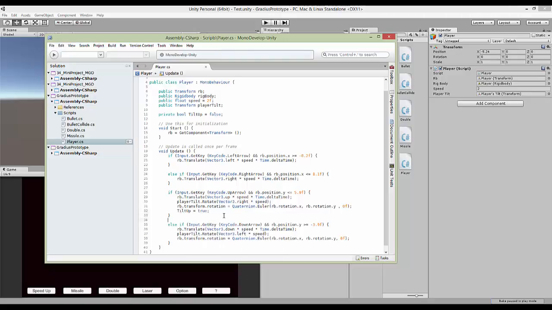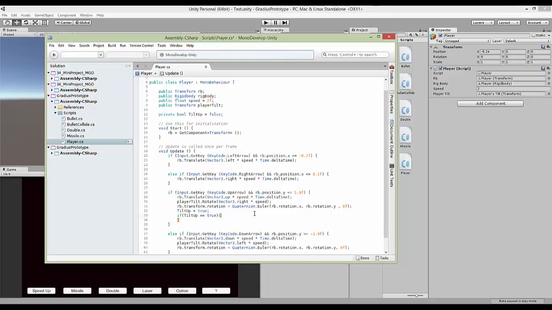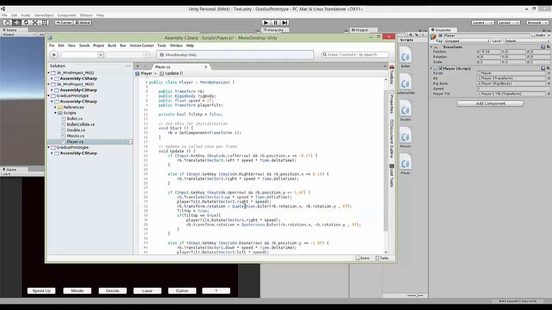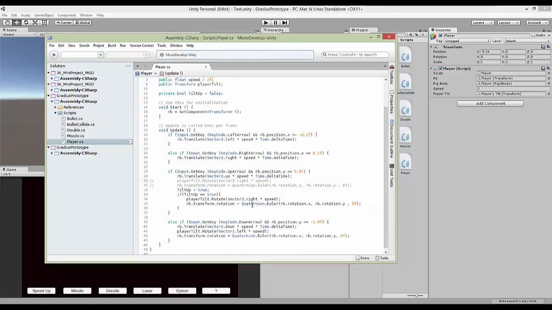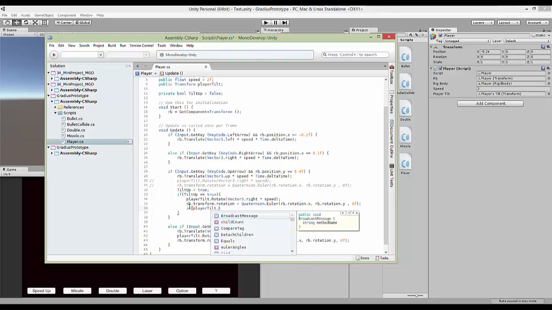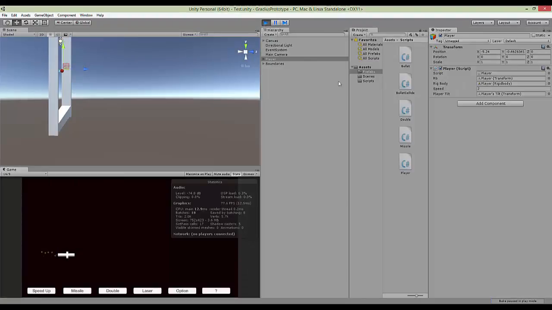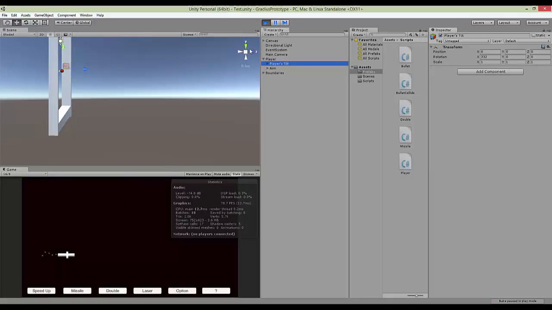So in my other update right here. No, sorry. If tilt up is true, then this happens. Alright. So far so good. Oops. Alright. And then so if player tilt rotation x, save it. Okay. So let's see this up, right? So let me